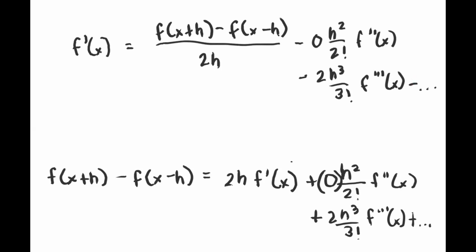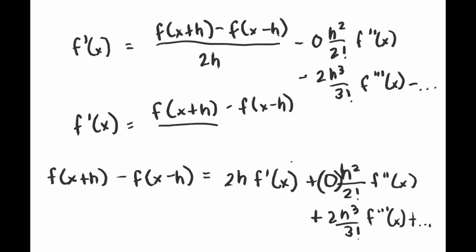And I will just say that f prime of x is equal to f of x plus h minus f of x minus h over 2h